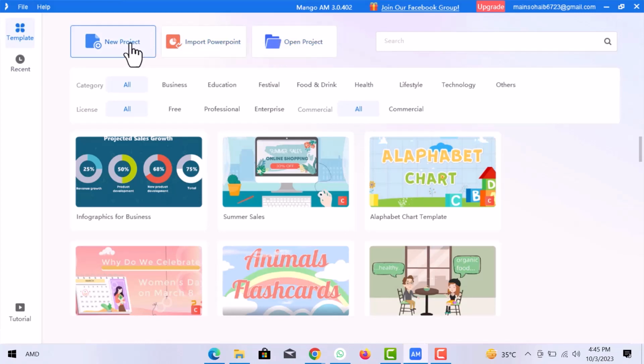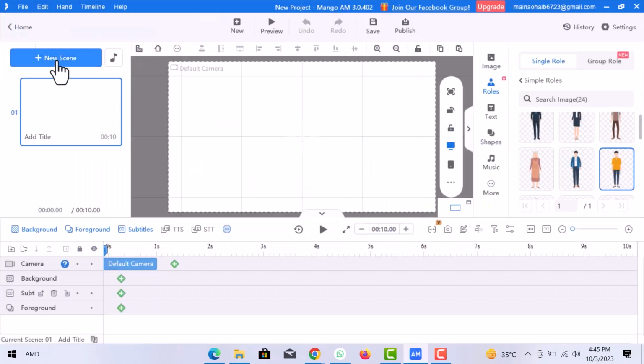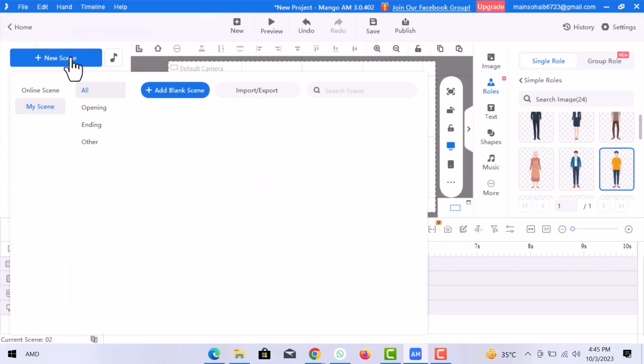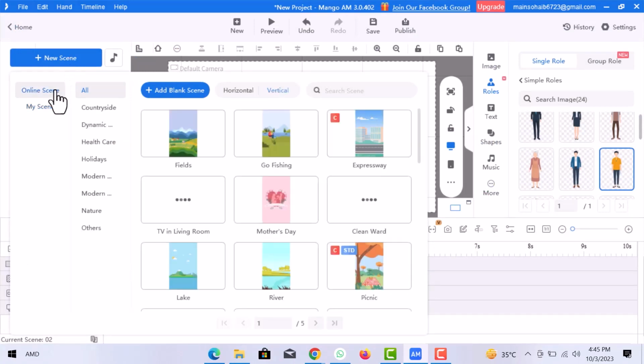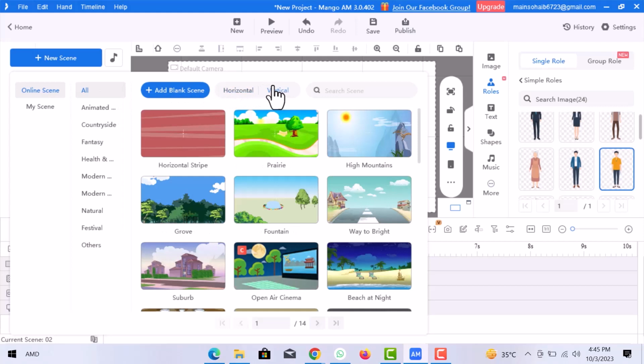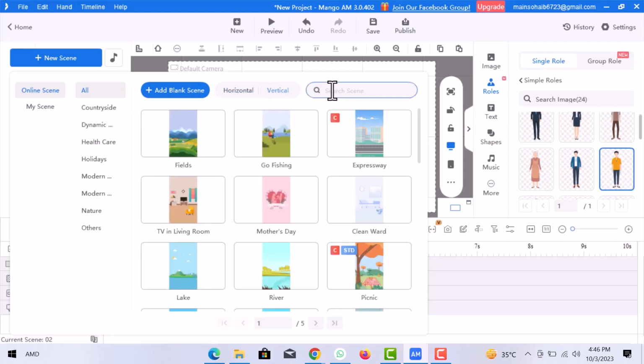If you click on the new project, a full page with different options will appear as a new scene, followed by an online scene on the left side of the page. If you go forward, there is an option to add a blank scene and shapes like horizontal and vertical, then a search bar. When you go back, you will get different online scene options like dynamic, healthcare, holidays, modern nature,